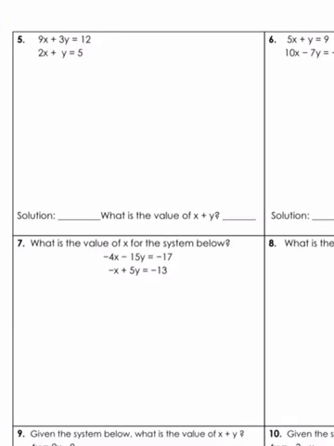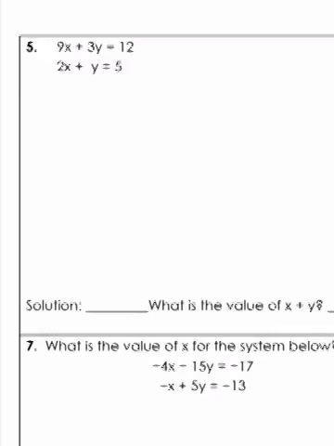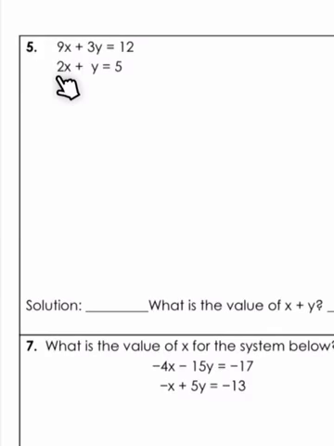All right, so the second part is when you're taking your solution and you're actually having to add the value of x and y together. So we do it the exact same way. So we're going to try to get either the x's, the same numbers but opposite, positive and negative, or the y's. In this case, and like I said, there's many different ways to do this. I think I'm going to multiply the bottom one by -3 so that I can get myself a -3 there. So I'm going to multiply the bottom one by -3